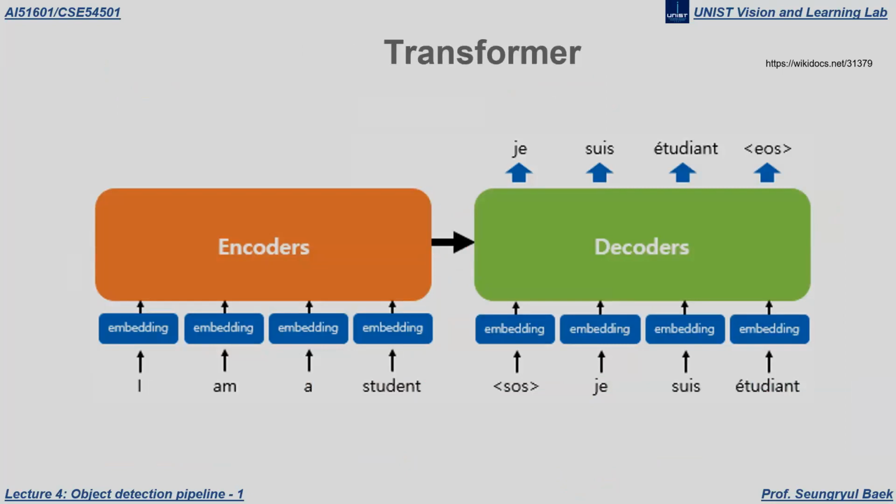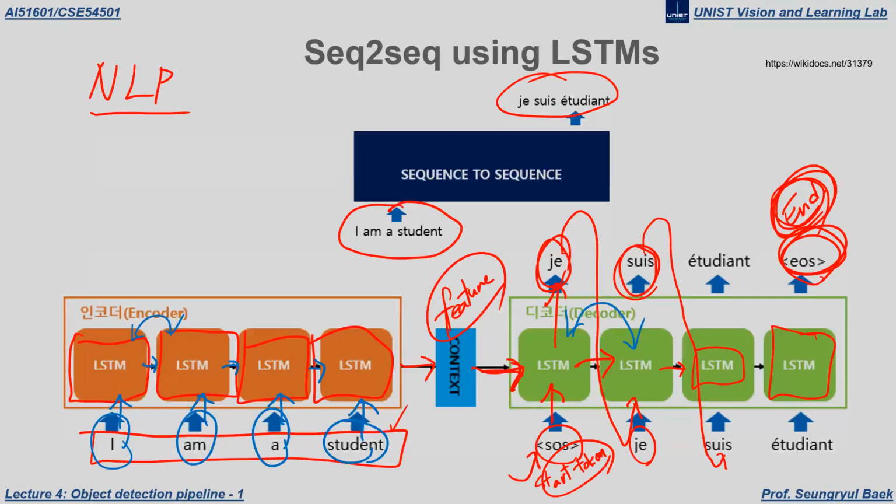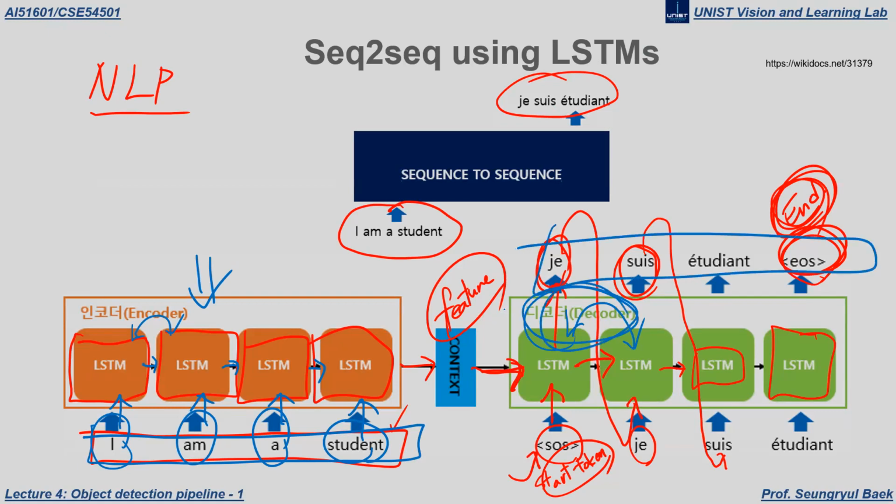But in transformer, some researchers propose this transformer to make this process parallel, right? Okay. But before that, I have to make this clear. So what the encoder is doing is encoding the features of the input sequence, right? And the decoder is generating some output sequence from the feature and